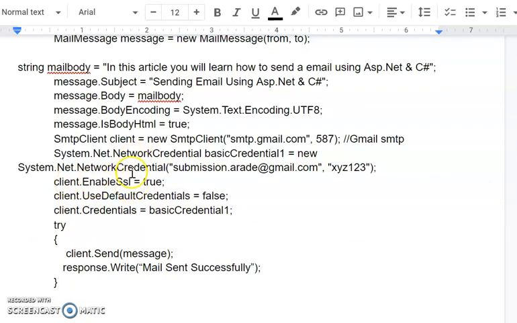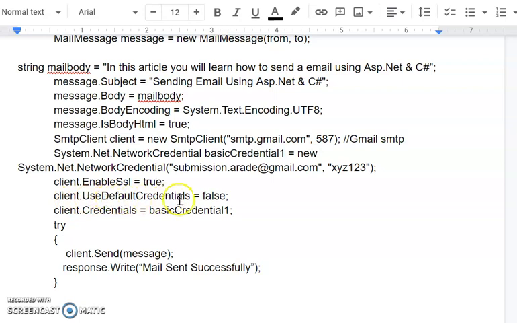We have seen that one of the properties of SmtpClient is EnableSsl. It means that it will use SSL encryption, which is required. If you set it false, as I previously set it false and tried, it gives a DLL error. So it is compulsory to set it as true.